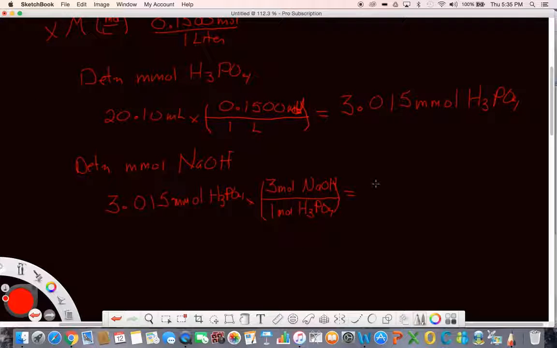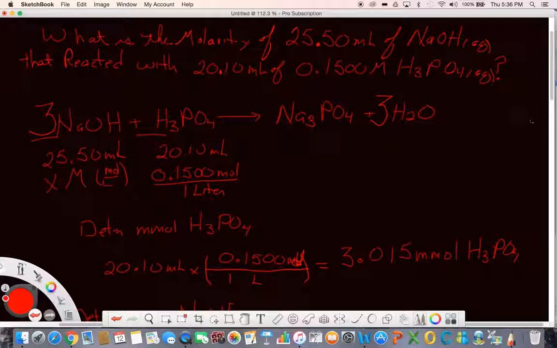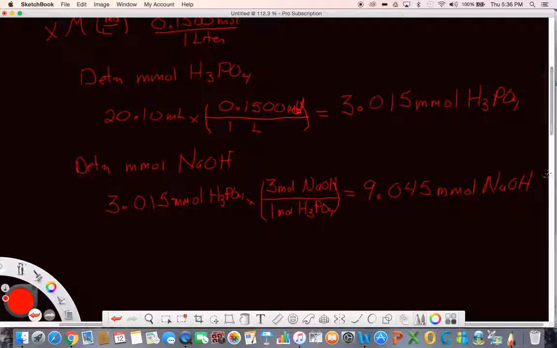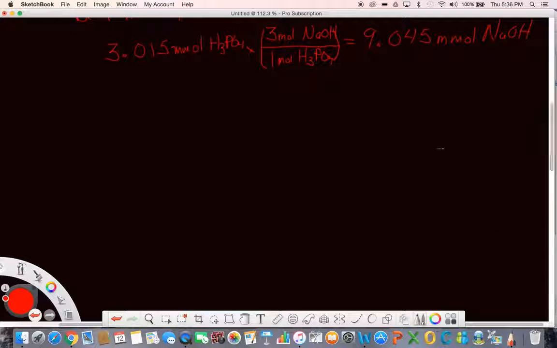So now I get 9.045 millimoles of NaOH reacted. Go back and get the volume, 25.5. So now we can find the molarity